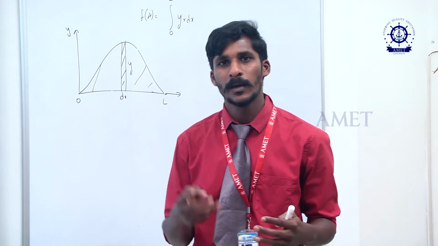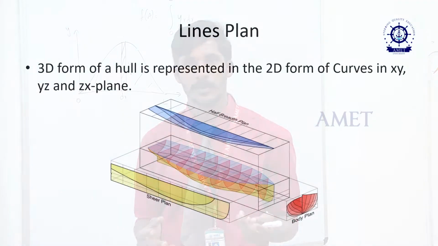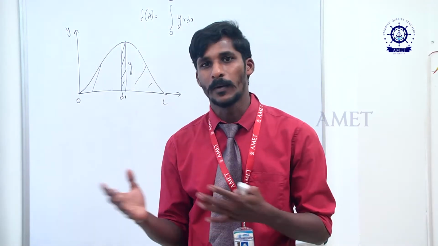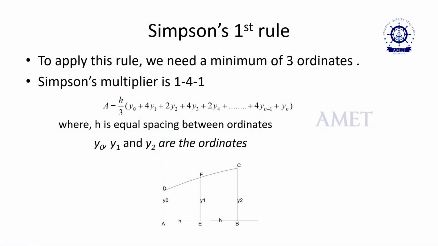In Simpson we have three different rules. One is called Simpson's first rule, second rule and third rule. So we'll look at these three rules individually and we'll see how important it is to our field. Okay, next. Now if you see in the first rule, it has a defined requirement that a curve should have a minimum of 3 ordinates.